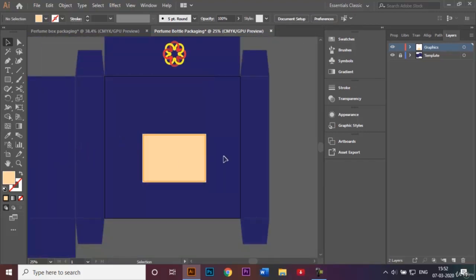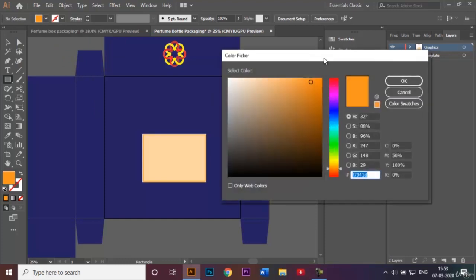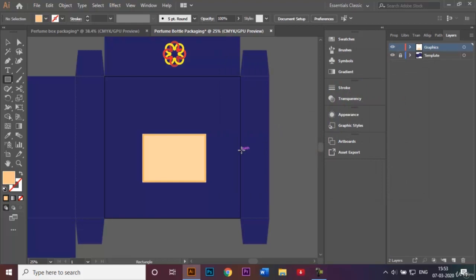Now for the thin long straps going on either side. So I'll be using the rectangle tool again, and this time I'll be changing the fill to be this orange color, but I'll make it a slightly lighter shade like this, and go ahead, make one stripe like this and make another stripe like that. Now once that's done,